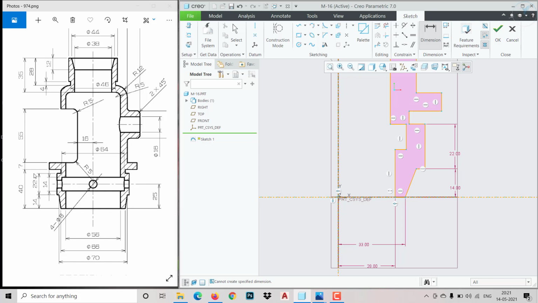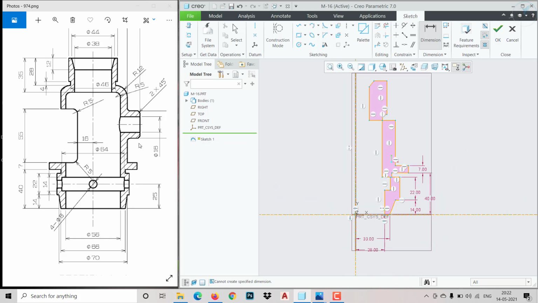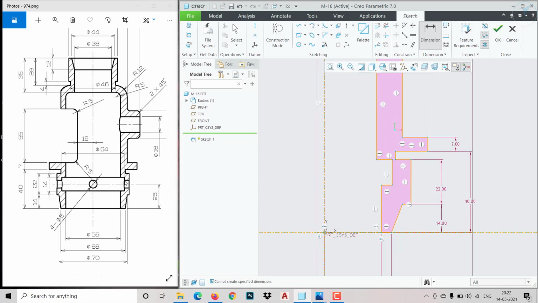then towards the top it is 40 mm. I can give this dimension as 7 first, then from here to here 40 I'll mention. Either first give a height, then come for extrusion and all, or you can do both together also, no issues. This inside portion, you can see it is 64 diameter, so I need to mention half, that is 32. Okay, fine.